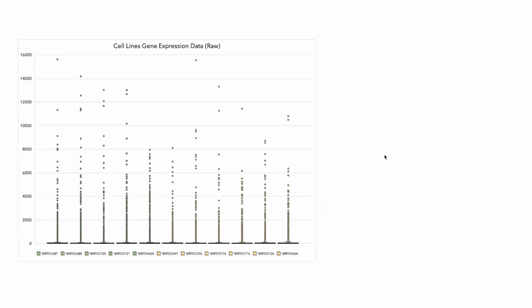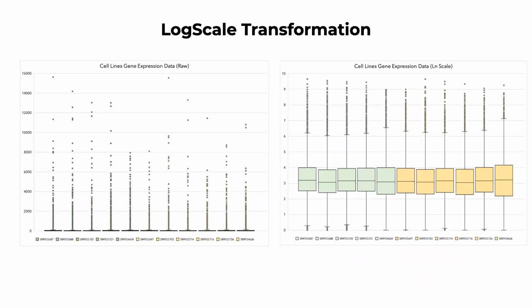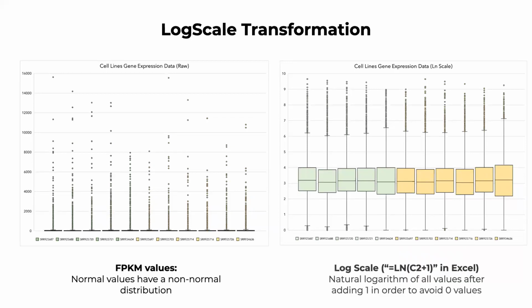And so if we actually do a log transformation, this will stretch out the distribution, because the scale of the very small values, which are the majority, will be much closer to the scale of the large values. And so we have stretched out the information that was here in these boxes, and now we see our median much more clearly. Okay, so how do we do this? We actually take the logarithm of the value plus 1.